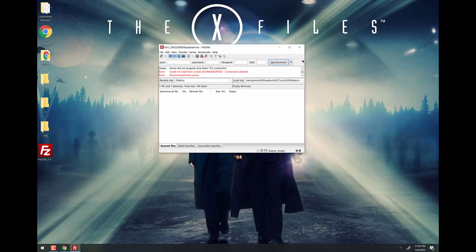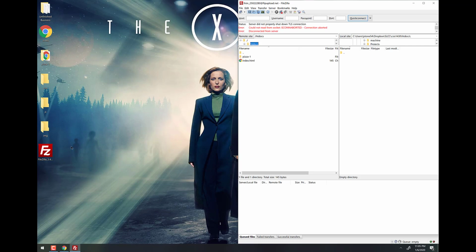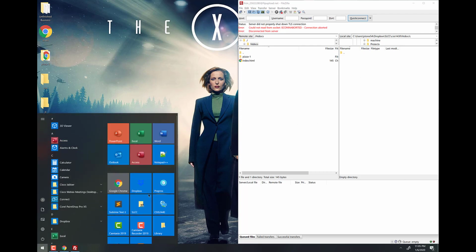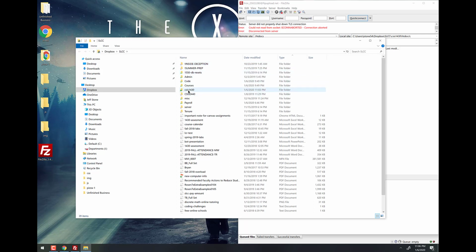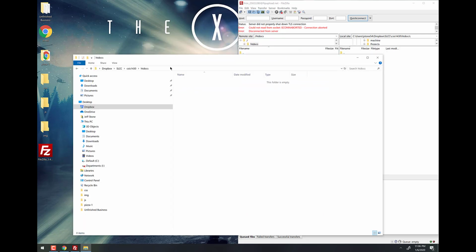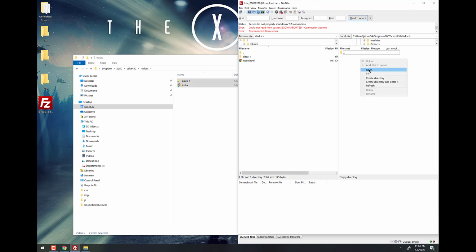I'm going to quickly look on my desktop. This index is the one we lifted up to the remote, and this pizza is the one we put on the remote. I'm going to move those from my desktop to the right. This is me just putting them in my local machine, inside of that 1430 folder, htdocs. Let's just do that. Drag those two there. Then if I look over here and refresh, by right clicking and going to refresh, you can see that they're now showing up.